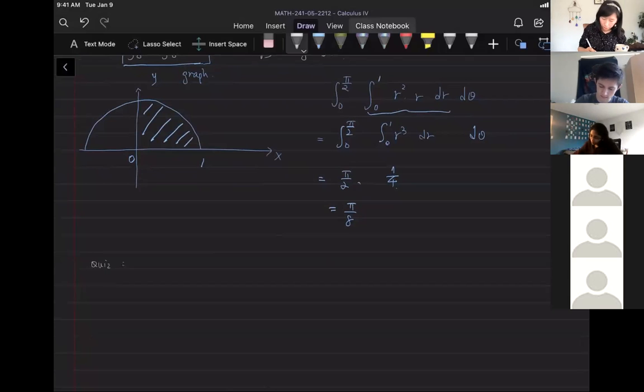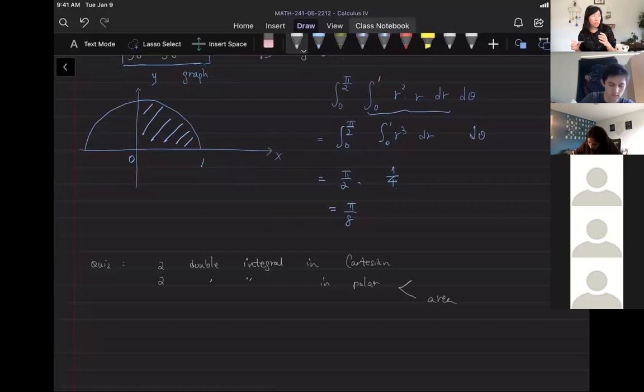tomorrow. For the quiz, we are going to have 2 problems of double integrals in Cartesian coordinates, and 2 problems in polar coordinates. For the polar, one is just a regular one, and for the other one, find the area of one loop, one leaf, those kinds of things. Find the area, and this one is just evaluate. Okay, and then for the double integrals in Cartesian,